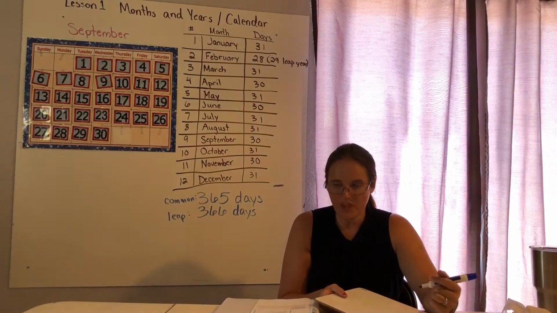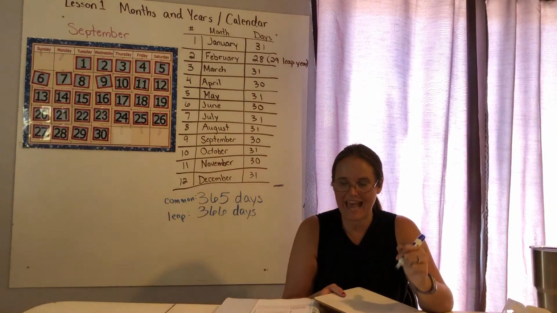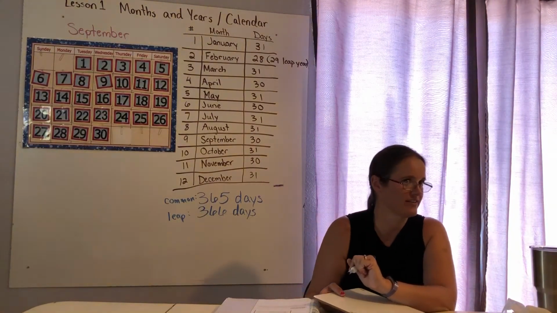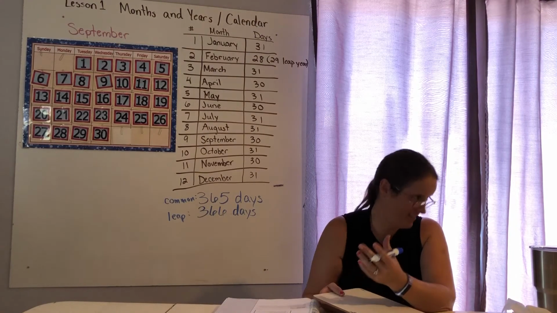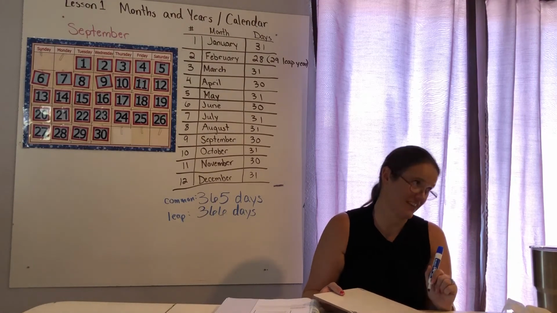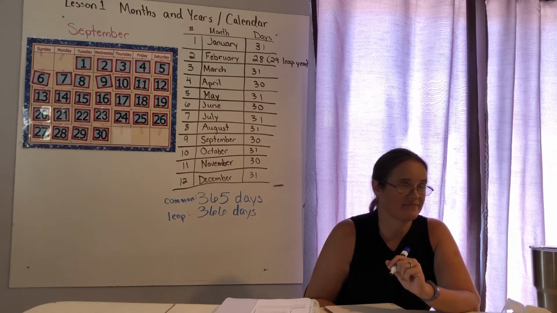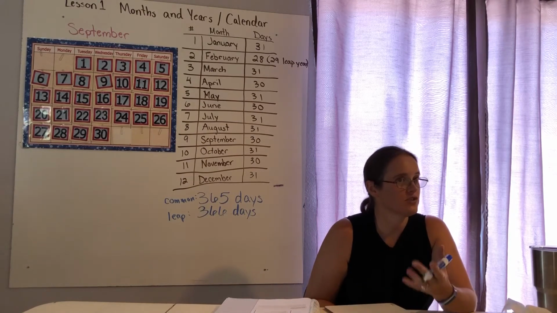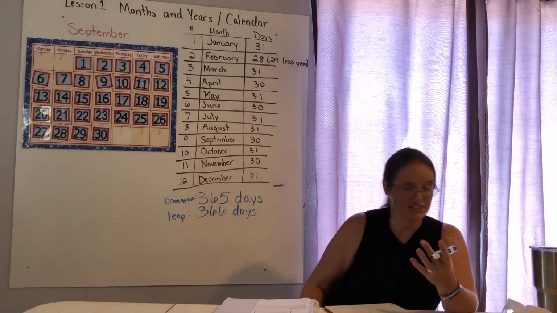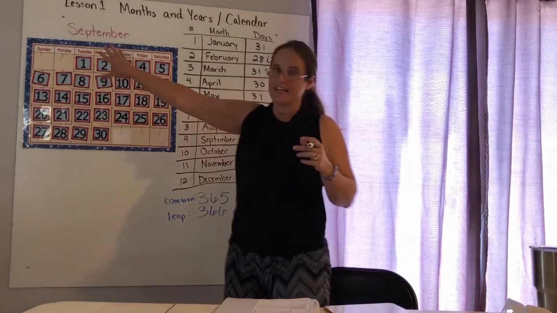So what ordinal number comes after 4th? 5th. Right, we don't say 5, we say 5th. What ordinal number comes after 11th? 12th. So the reason we talk about that with the calendar is because when we're looking at the calendar here,